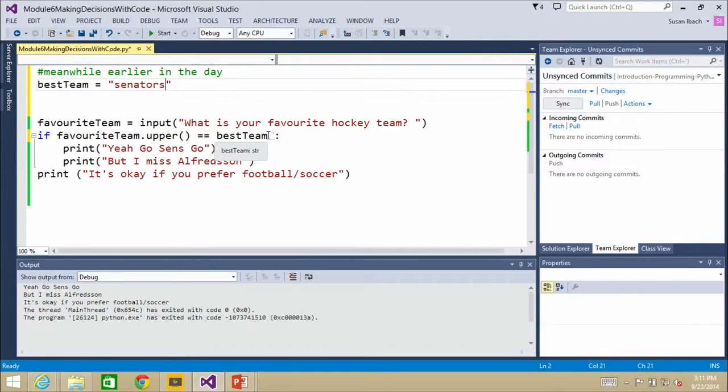So now I'm saying, well, I want to convert it to uppercase so it's case insensitive, but now what I need to do is go back to the code, and I may need to actually convert both sides to uppercase before comparing. And that generally is the best way to approach this: if you're going to convert one side to uppercase, lowercase, or otherwise, convert the other side as well, so that way you know that it's always going to be that consistent casing, so you won't get stuck there.